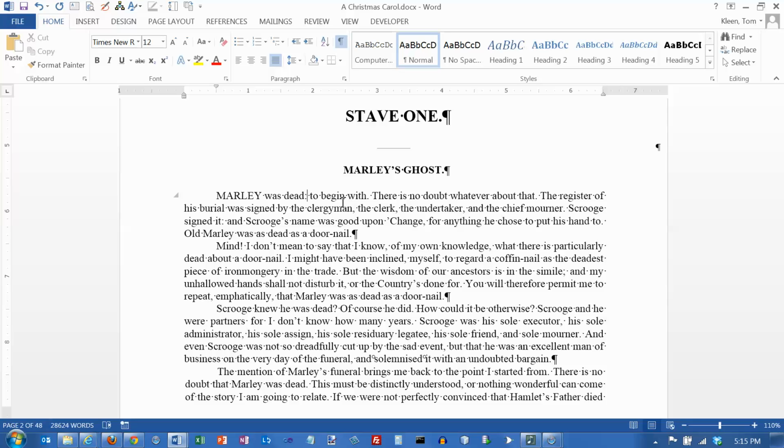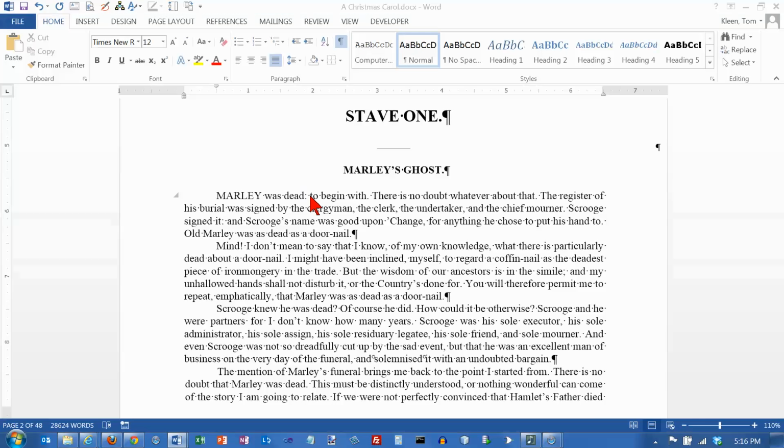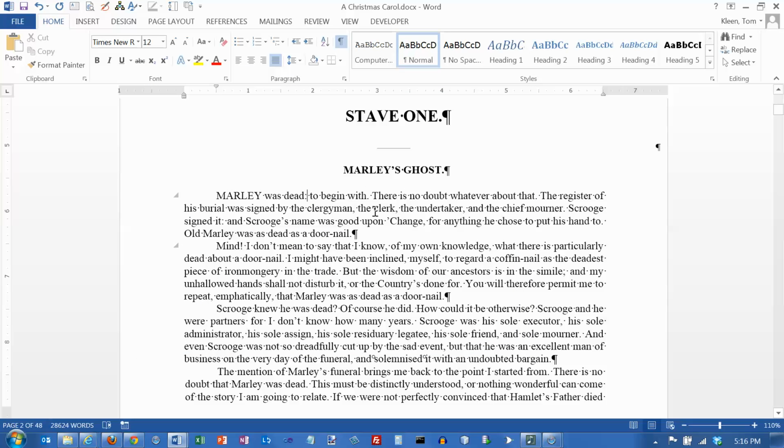If you want to save it under a new name, there's not an easy to remember keyboard shortcut for that because it's a function key, and it happens to be function key F12. I'm going to press F12 right now, and it should bring up a dialog box for me. And there we go, and it gives me the opportunity to put a new file name in there, and I'm going to cancel that. If I want to print, I can do a Control P for print,